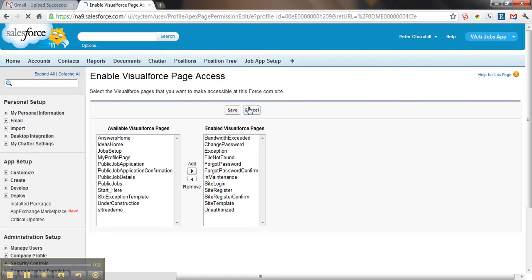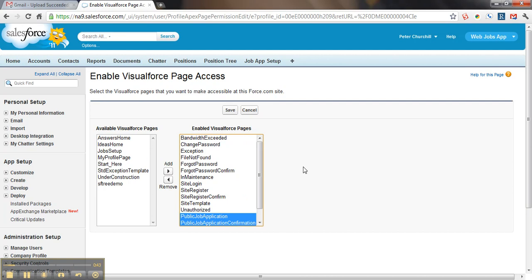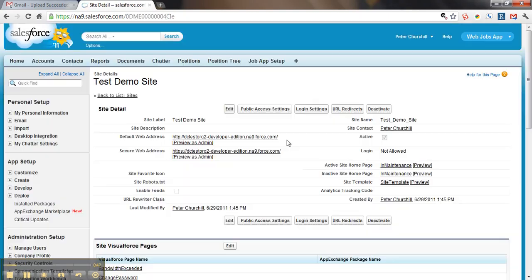So we're going to click Edit, and you'll see over here now these are the pages that came with the demo package that we just installed. So we're going to put those 4 pages available on our site. We then hit Save. Now those pages are visible, but the next step is we now need to make sure that the user under which the website runs has access to those custom objects. So we click Public Access Settings,